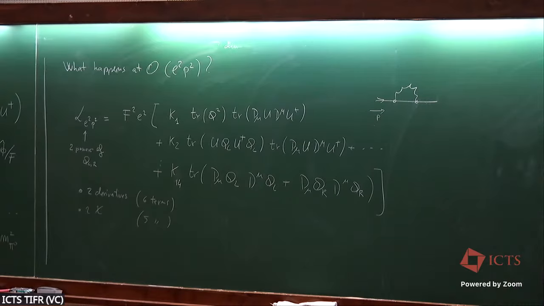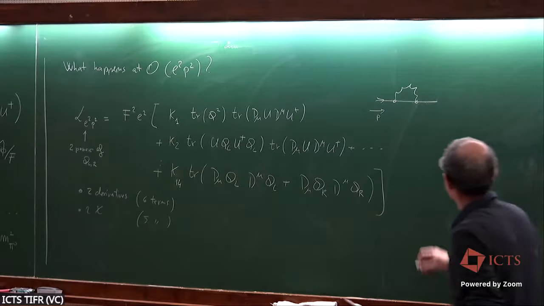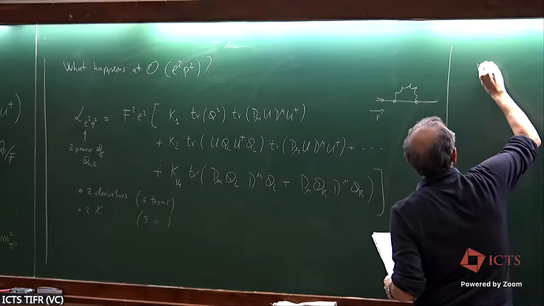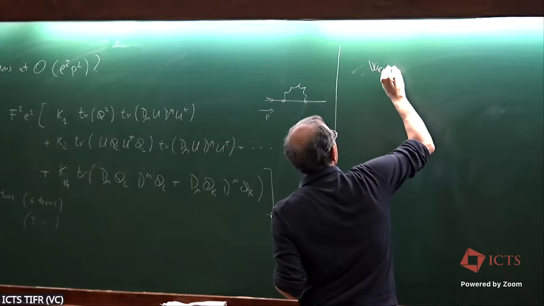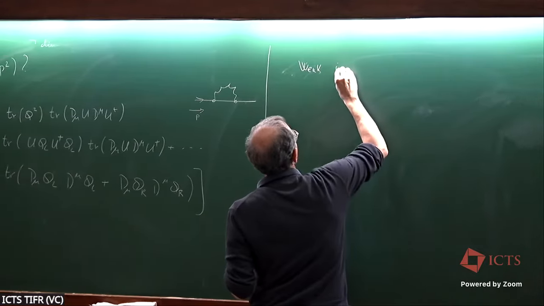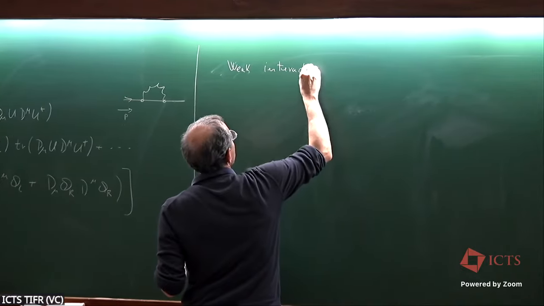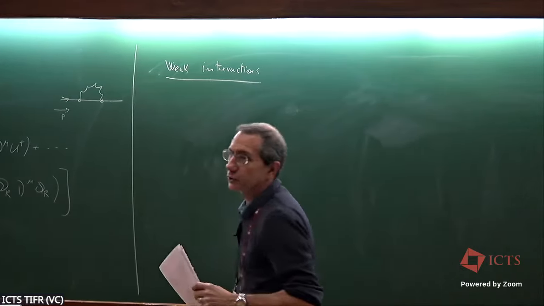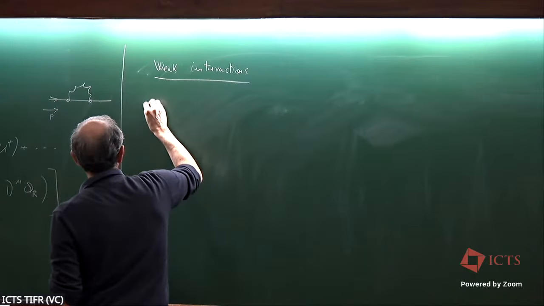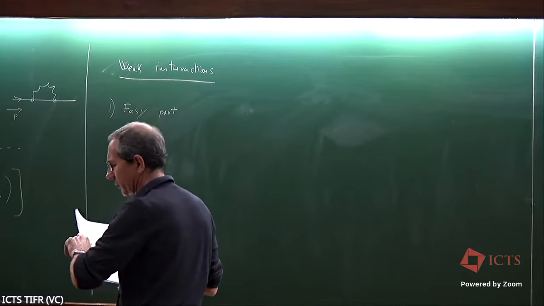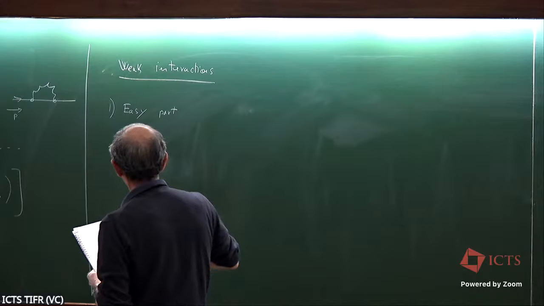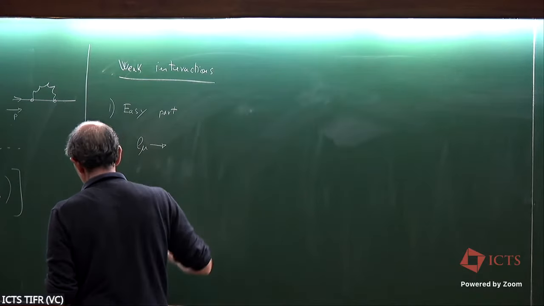Okay. Let me move on because time is fast. Finally, weak interaction. Again, with weak interaction, the easy part are the semi-leptonic processes, which you've already seen. So basically what one does is to replace L mu